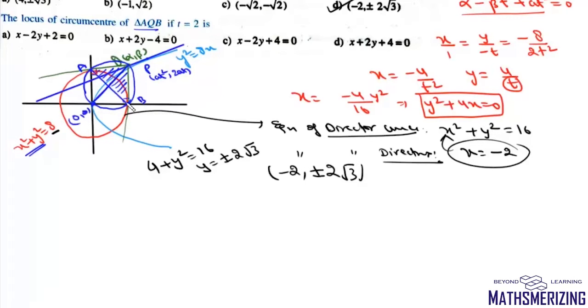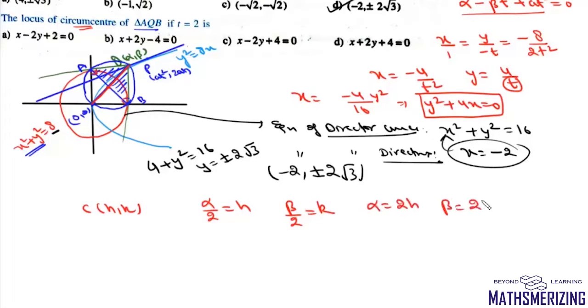Now this angle A and angle B, it is 90 degrees. So it simply means this OQ is the diameter of the circumcircle. So if OQ is the diameter of the circumcircle, then we need to find the locus of the circumcenter. So let the circumcenter be h comma k. So using the midpoint formula, we can write alpha upon 2 equals h, beta upon 2 equals k. So from here we'll write alpha equals 2h